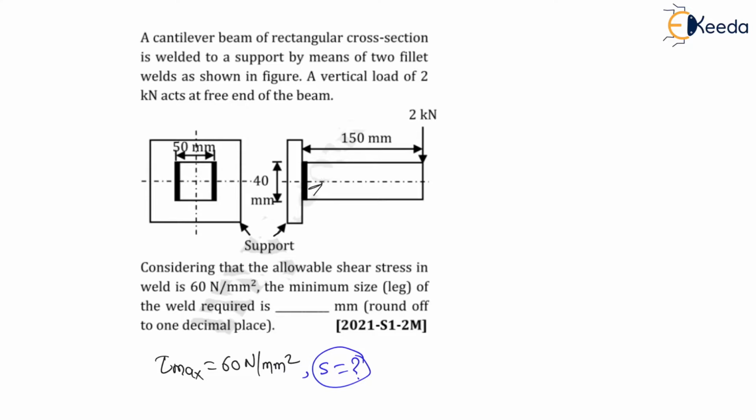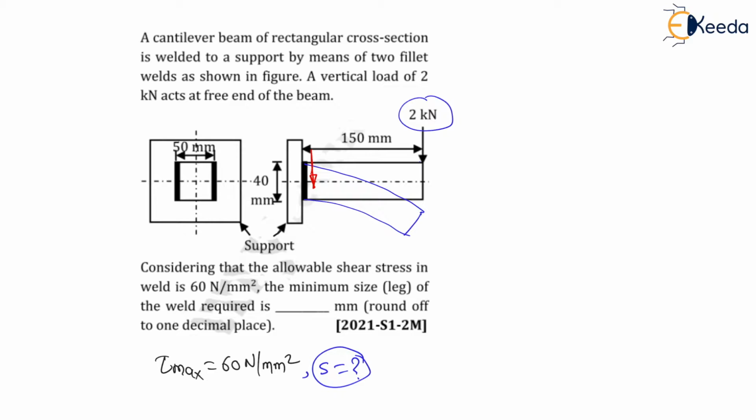Now my dear students, in this diagram can I say this weld is subjected to, because of this 2 kN, bending load as well as shear load. This 2 kN is acting as a shear as well as acting as a bending, because it will try to bend the beam like this. Therefore because of this 2 kN there will be a bending stress, as well as if I transfer this 2 kN on the weld, it is acting as a direct shear stress also. Therefore there will be two types of stresses, that is shear stress and bending stress. So let us find these stresses.